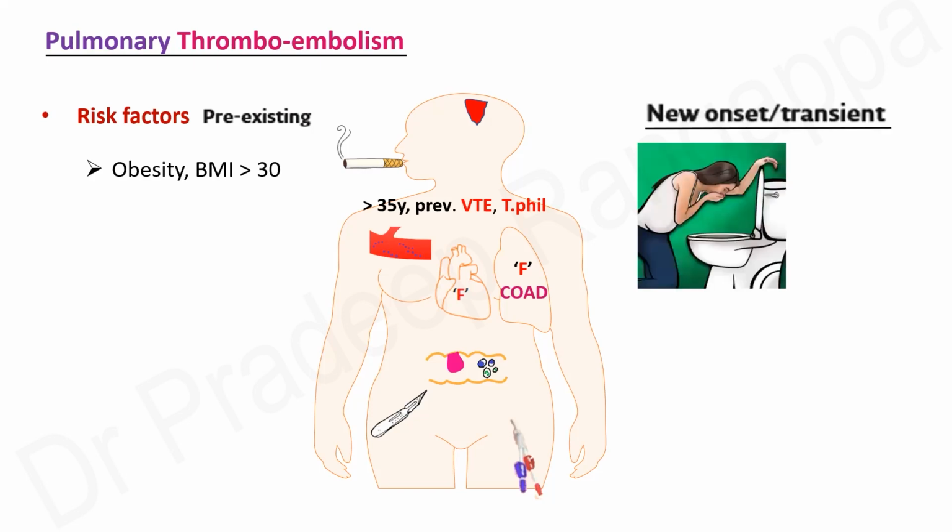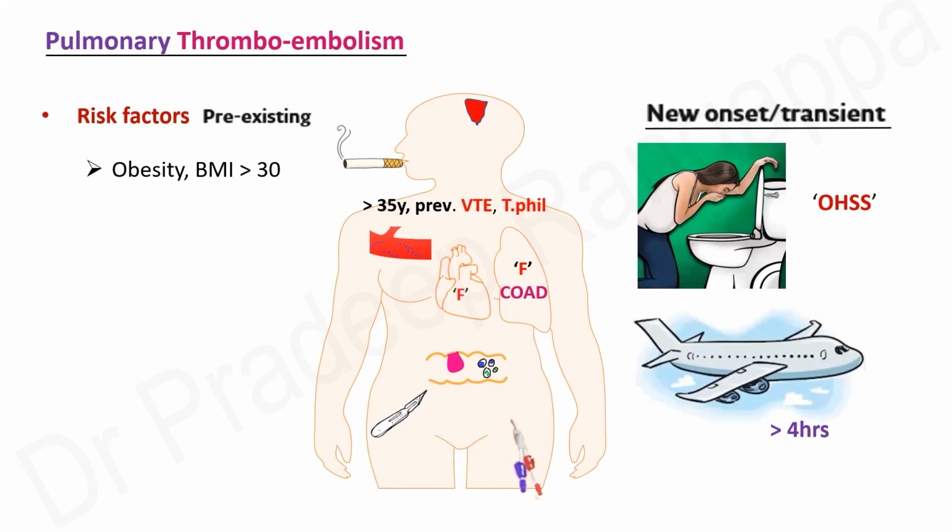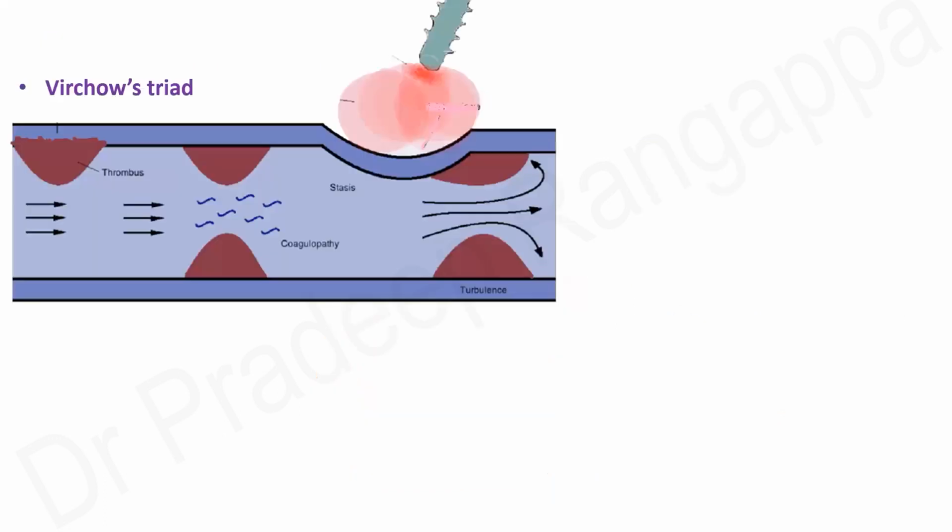And in pregnancy, someone who's had a hyperemesis issue or ovarian hyperstimulation syndrome, or someone who's taken a long flight of more than 4 hours, all these are other relative risk factors for pulmonary thromboembolism. So when we look at the pathophysiology of pulmonary thromboembolism, every listener would possibly be aware of this virtuous triad,